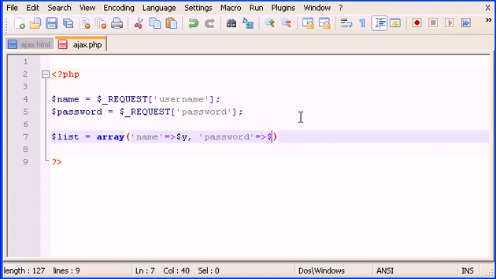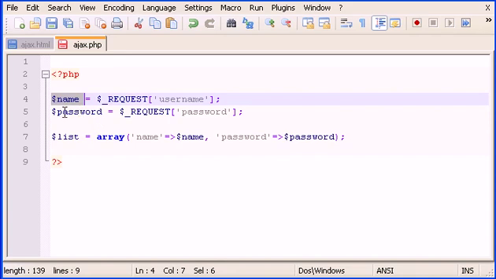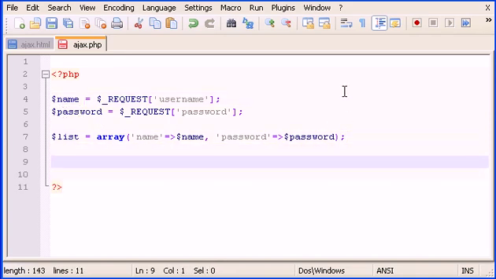oops, this is not right. This is name, and this is password. Okay, so name, which is this variable, password. Perfect. So now down here, I already showed you how to encode JSON in the JSON tutorials, but if you